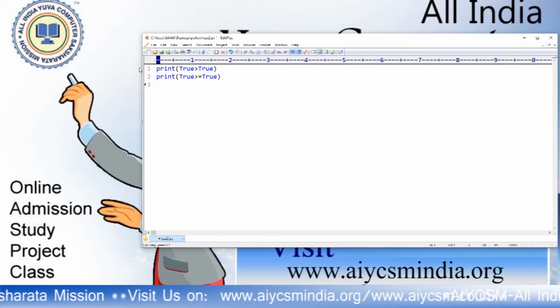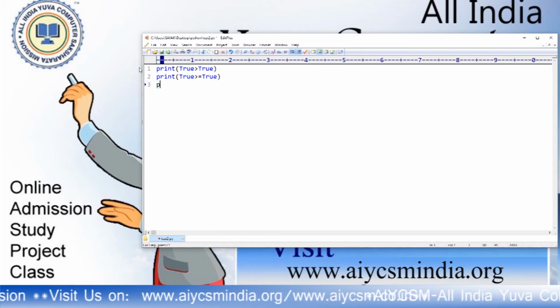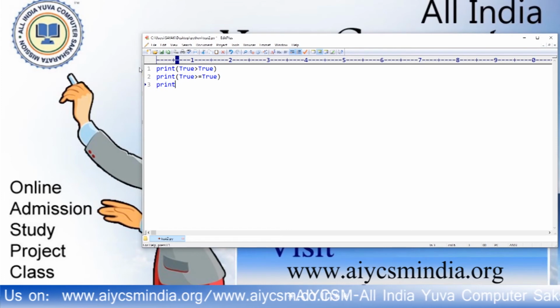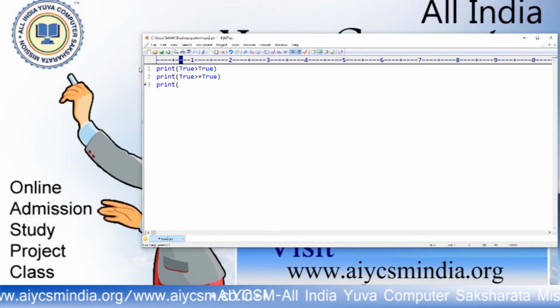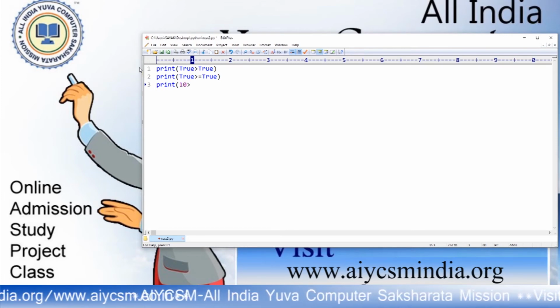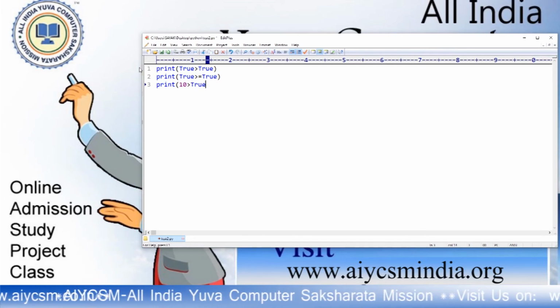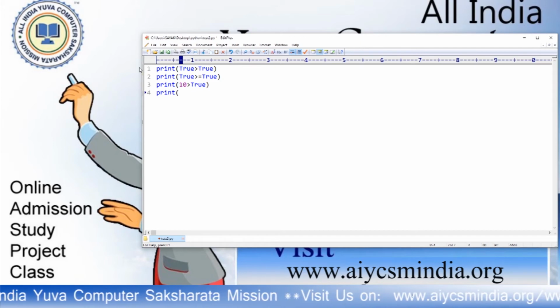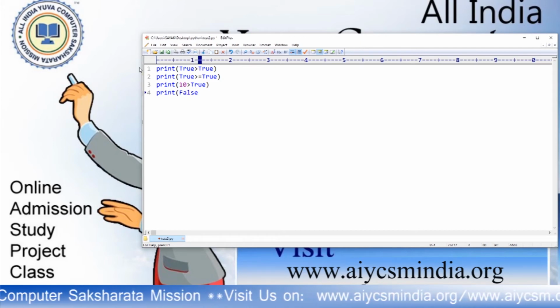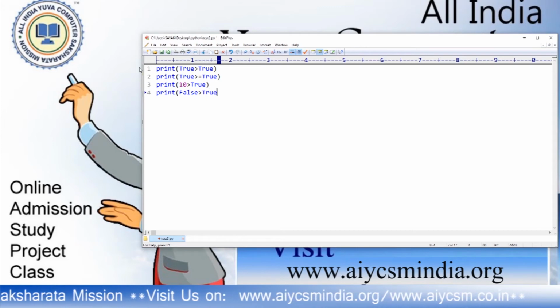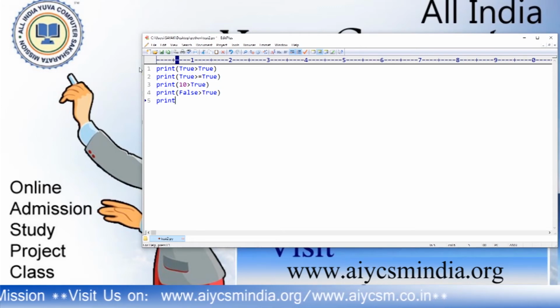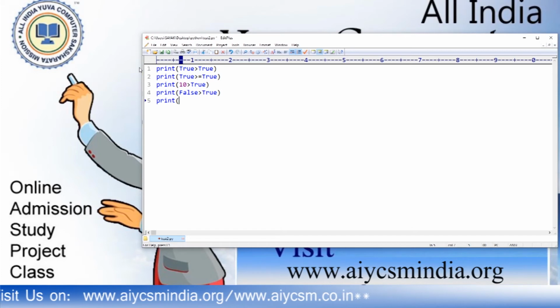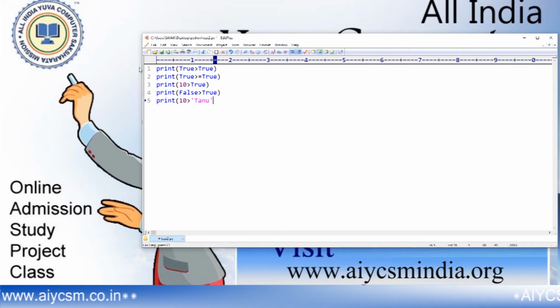If I want to print 10 greater than true, what will be the output? If I want to print false greater than true, what will be the output? If I want to print 10 greater than, within single quotes, Tanu, this is my nickname, what will be the output?